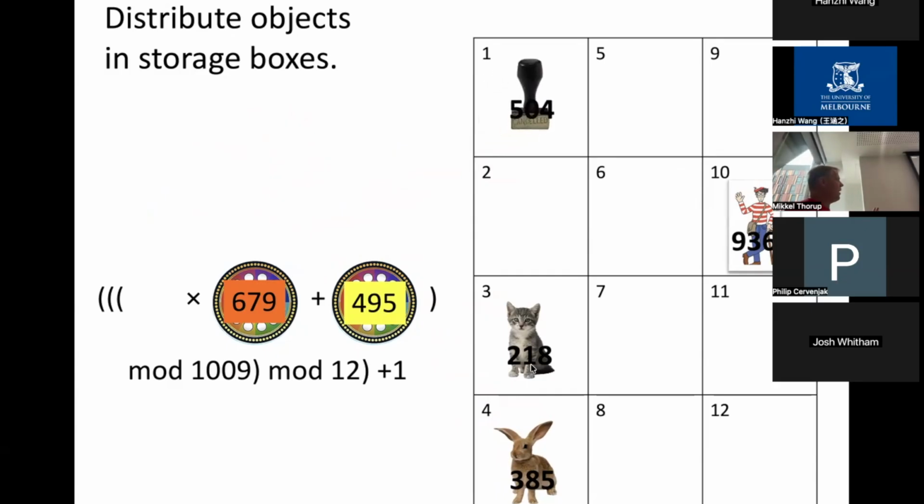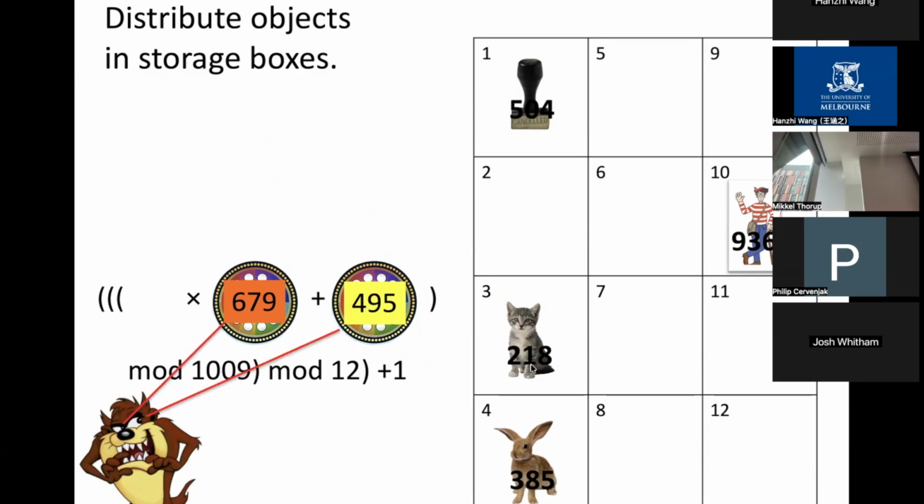So now we have a storage system, and it's defined. Well, we had the 1009 and 12. They're sort of fixed because that's just the dimension of the system. We're dealing with 3-digit numbers. We have 12 boxes, and then these 2 numbers are random. The vulnerability of this system is if we have this little Tasmanian, Australian devil who actually sees these 2 numbers, right? Because if somebody sees these numbers, then we have a problem, because he knows that the cow has number 422,